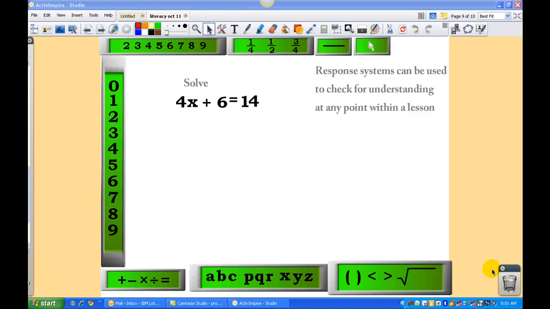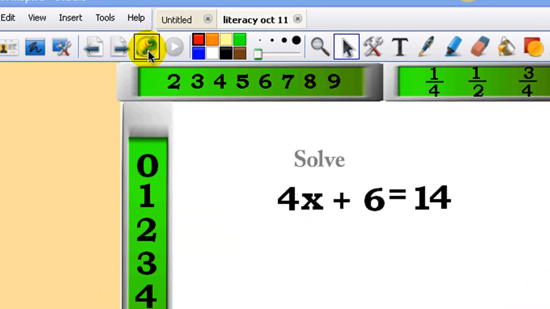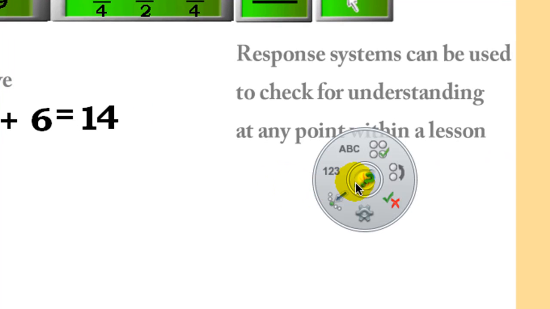Another nice feature of having access to the response systems is the fact that you can ask questions on the fly. You don't have to have all your questions set up ahead of time with these devices. Up here I have the express poll. So if I wanted to ask my students to solve this equation and I want everyone to respond to it, I can hit this icon and I get this little wheel, and if I'm using the active expressions, I have all these different choices. If I'm using the active votes, I'm going to be limited to multiple choice, true, false, yes, no type questions. But I could activate the question just by simply selecting numbered questions, and